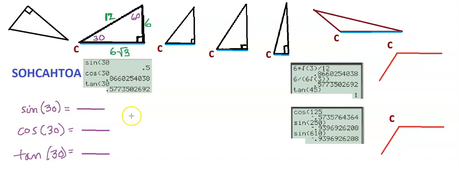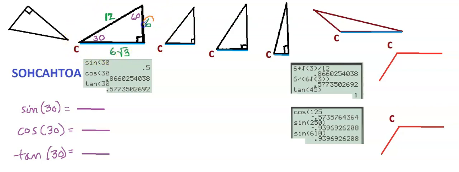Let's recall SOHCAHTOA, which we used with right triangles to find some of the sides of the triangle when you're given an angle, or given the angle and looking for one or two of the sides. So SOHCAHTOA has to do with right triangles, and we mark up the triangle as we've talked about before. For example, if I wanted the sine of 30, if I go to this 30, 60, 90 triangle, we recall